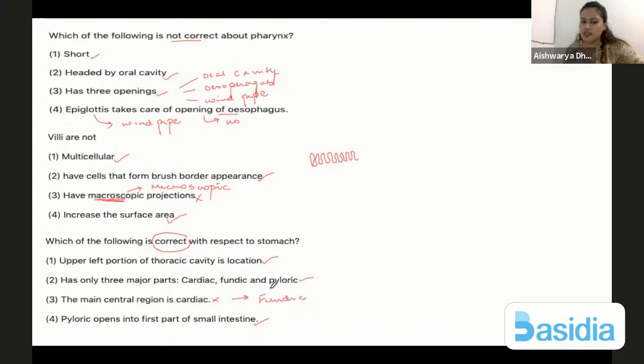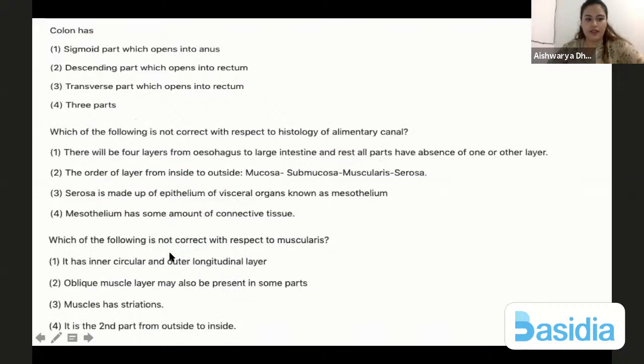So there can be a following question where you have to find out, like, you are given option A, statements 1, 2, 3 are correct, or one is correct, or 2 is correct. Like this, there can be other options that can be given. So here you just have to find out first what exactly is the correct statement with respect to the stomach, right? Okay. Next, we have a few more questions.